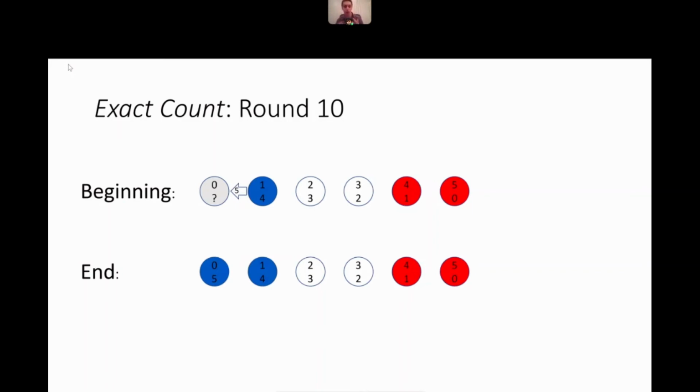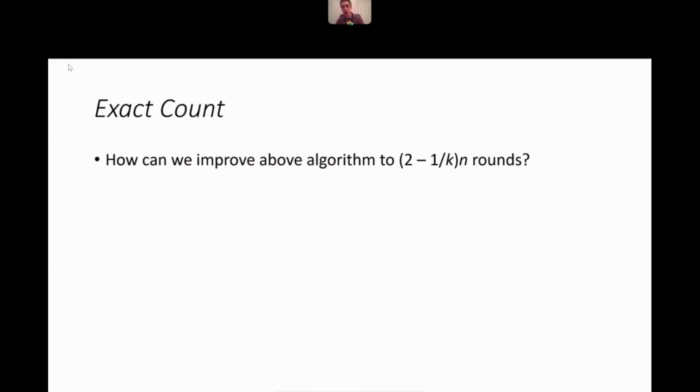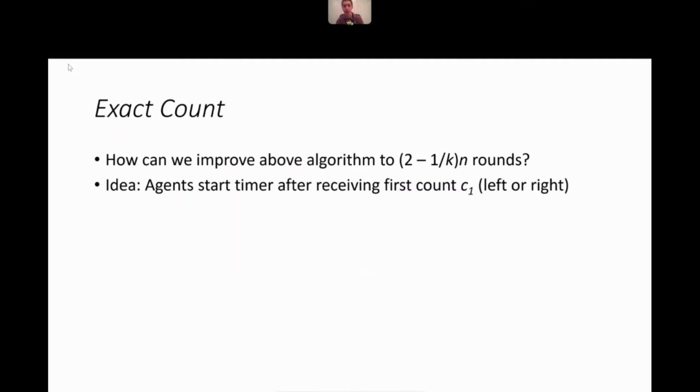So we require log n bits per message because we have to send a count, which is log base 2 of n, in either direction. And what I've shown you will run in roughly 2n rounds, but we can actually improve this to 2 minus 1 over k, times n rounds. I'm not going to go into the nitty-gritty details. It's just a bit of arithmetic. But the idea is that